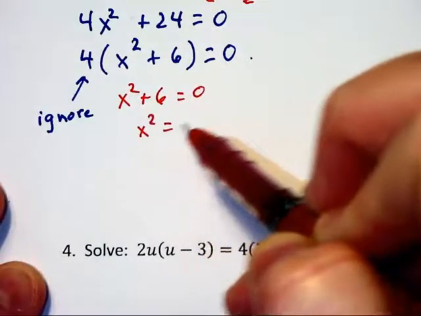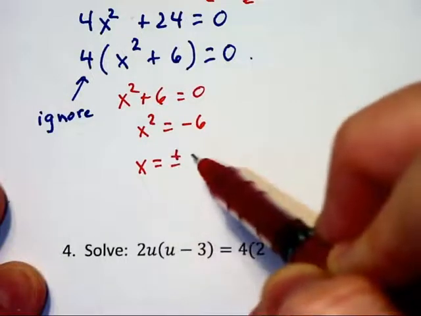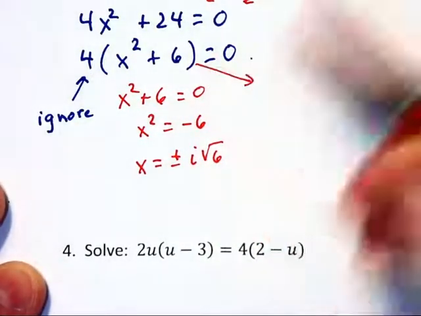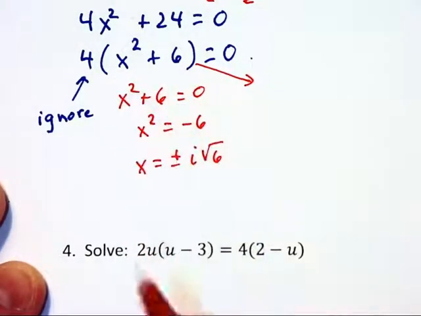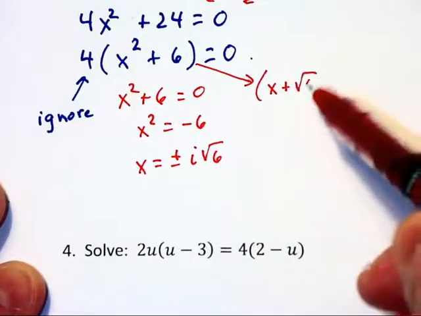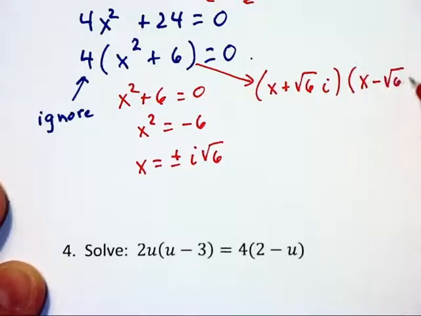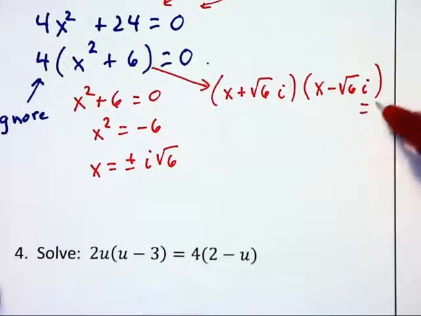Subtract the 6 on each side to get negative 6 and get x equals plus or minus i root 6 that way. Personally, I would look at this and say, it's the sum of two kind of squares. I would factor it into x plus root 6 i times x minus root 6 i equals 0,